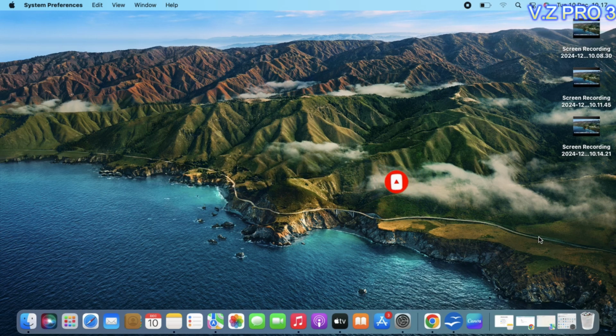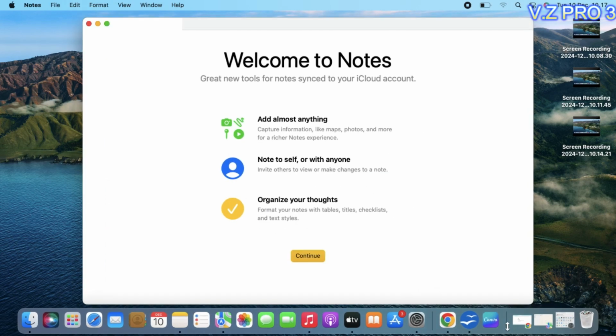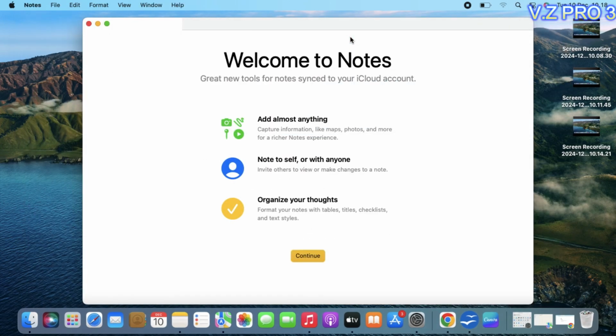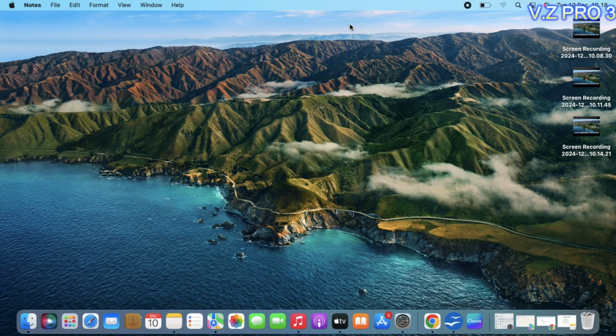So, let's go! The Genie effect is a trademark feature of Macs that set it apart from the monotonous UI of the competition. But if you hate this minimization effect for any reason, you can always disable it or change it to another minimize effect. So how to do it is so simple. I will show you first that my minimize effect is like this on my MacBook. If you want to change to another effect, actually I'm not using the Genie one in here, you can just